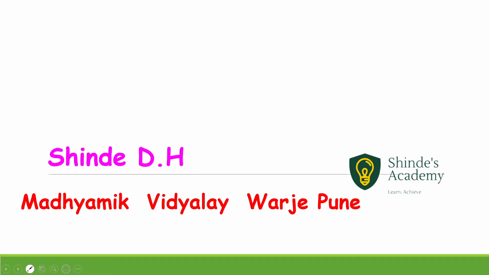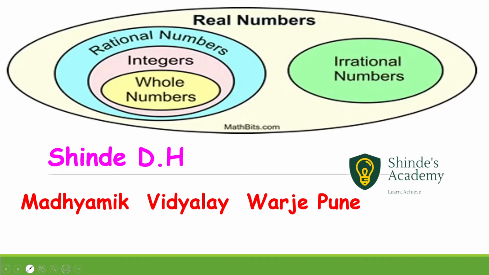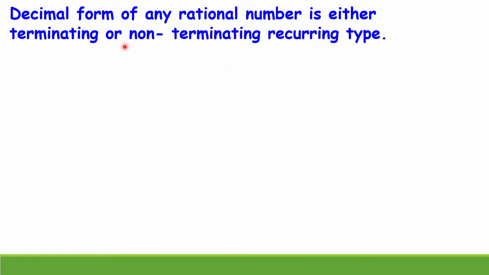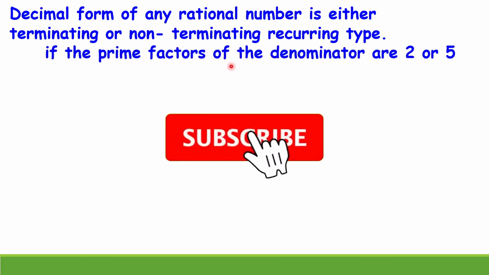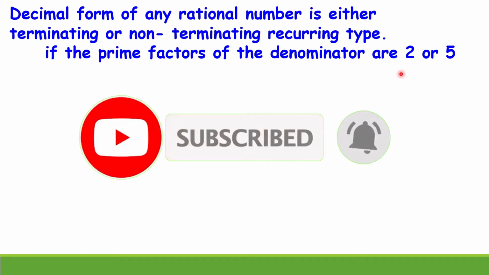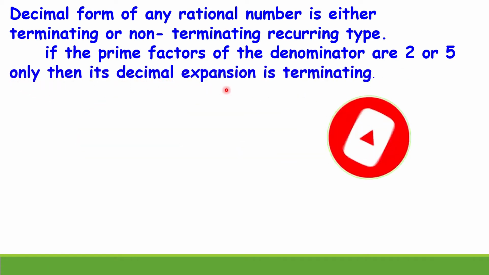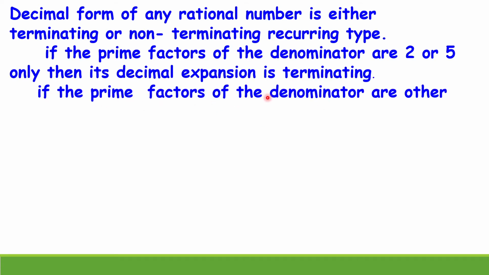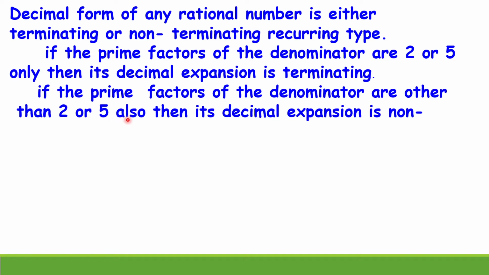We will continue the chapter number 2, Real Numbers, and in this chapter today we will learn practice set 2.1. The decimal form of any rational number is either terminating or non-terminating recurring type. If the prime factors of the denominator are 2 or 5 only, then its decimal expansion is terminating. If the prime factors of the denominator are other than 2 or 5 also, then its decimal expansion is non-terminating and